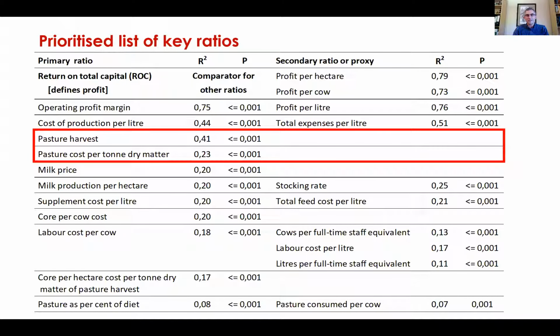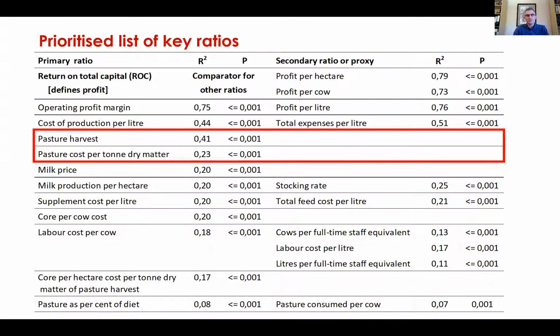Pasture harvest has the highest correlation to profit, and by a wide margin, compared to all other ratios apart from partial profit and total cost ratios. The next highest correlating ratio to profit is pasture cost per tonne dry matter, and given how fundamental pasture is to dairy farm profitability, this second pasture-related ratio should be included as a primary ratio. This mix of a physical pasture measure and a financial or dollar measure ensures these two ratios provide differing insights